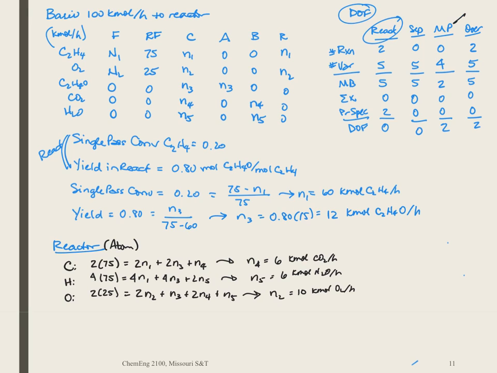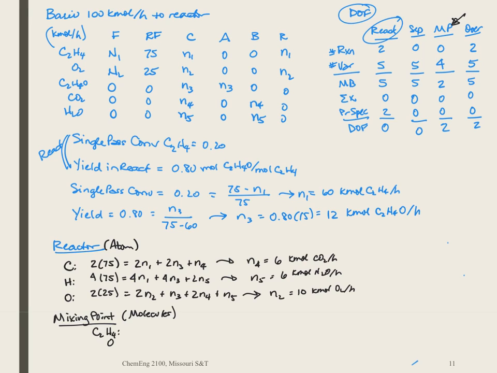So I chose to next look at the mixing point. Okay, the mixing point is streams F, R, F, and R. And I can choose to do atoms or molecules, but there's not a reaction happening here. So molecules seems to be more convenient. Okay, and again, you can mix and match. And I only have 2 of these that I can do, so I'll do this for